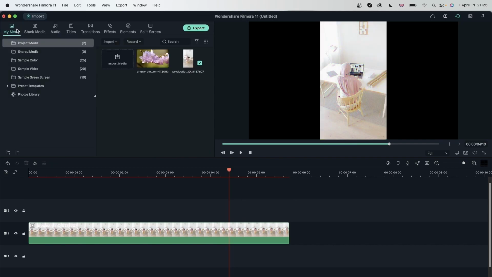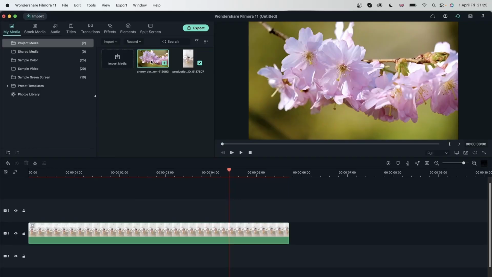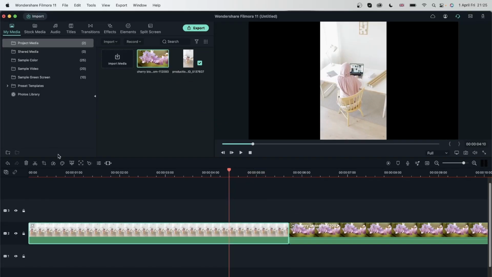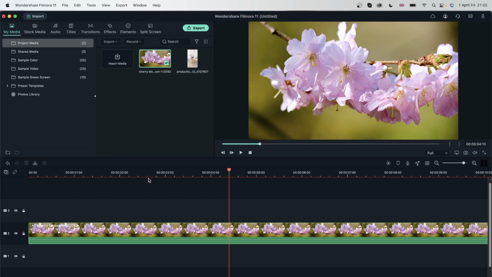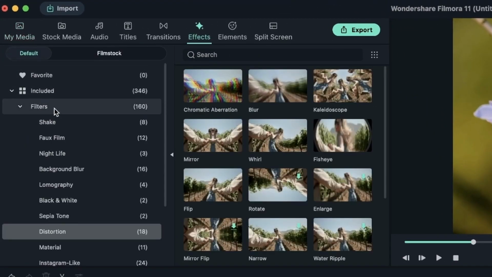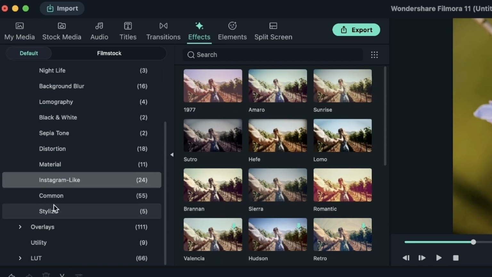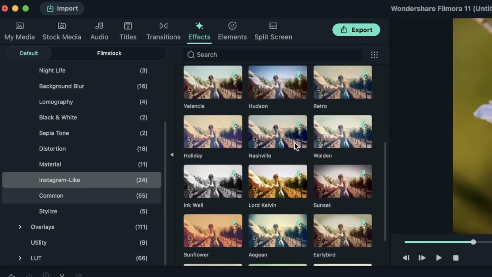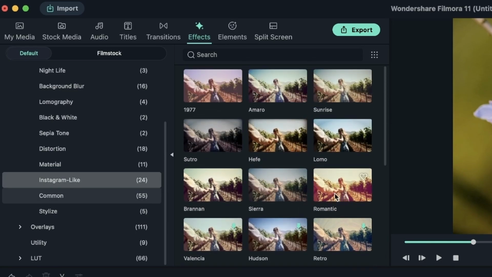When you add colors to a video, you can also change the mood of that video. You can make the video appear sad or make it look happy just by adding certain colors to your videos. Let's head over to filters again. I will go to Instagram like, where we can find a lot of colors. If I add a warm